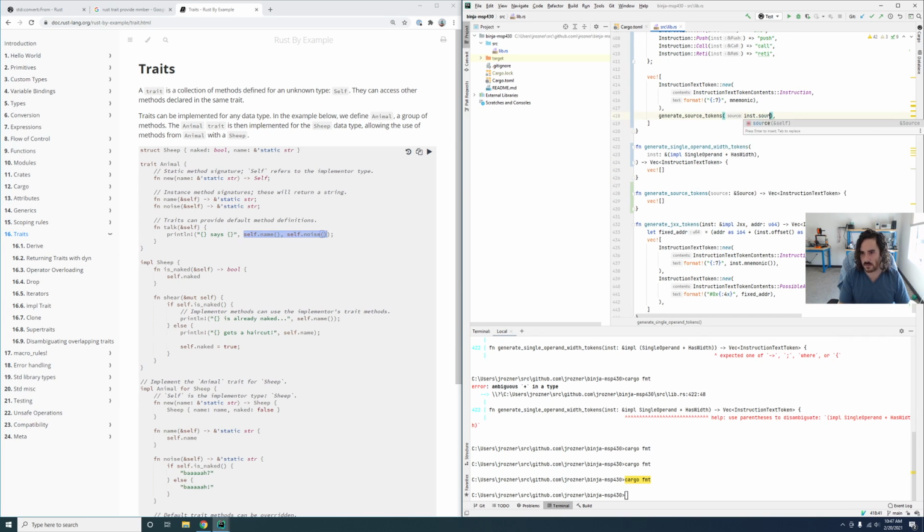Inst source. So we're going to pass in the source here. And what this is going to let us do is pass this for the double operand. But I don't know if we're going to be able to actually, I guess we could. The only difference is going to be whether or not we bail out early for an emulated instruction. So